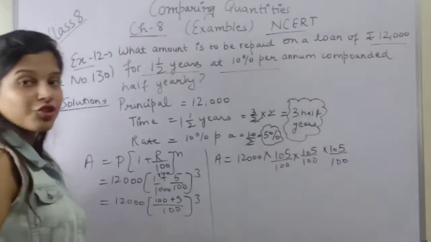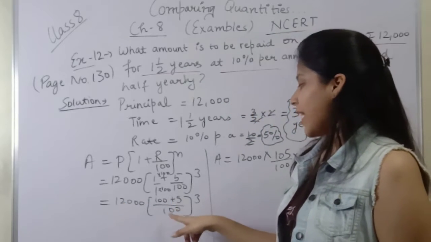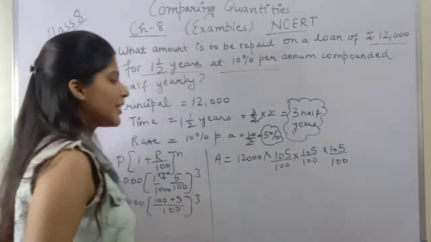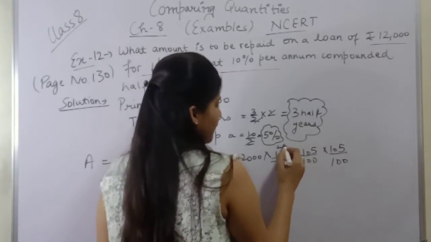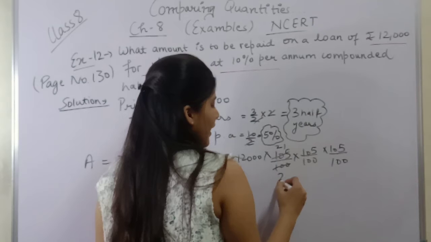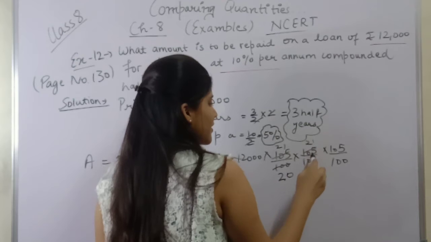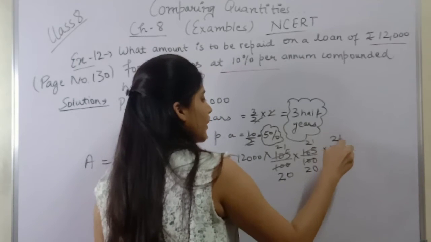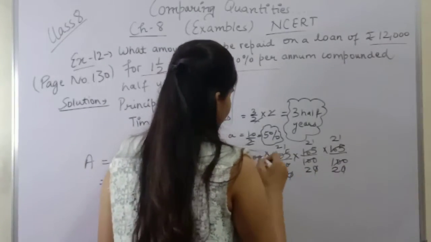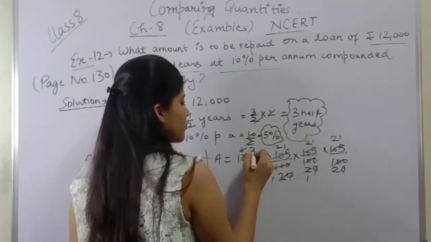Now I wrote this fraction 3 times because in the last step we were given (100 plus 5 upon 100) to the power 3, and raised to the power 3 means write this fraction 3 times. Okay, so 5 21s are 20, 5 2s are 10, and 5 1s are 5, and 5 2s are 10 and 0 as it is. So basically we get 21 upon 20, 21 upon 20 and 21 upon 20 in all three. Now 3 zeros cut with 3 zeros. Now 2 1s are 2, 2 6s are 12, 2 1s are 2, 2 3s are 6.